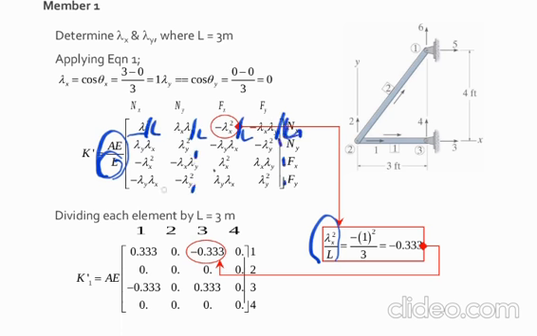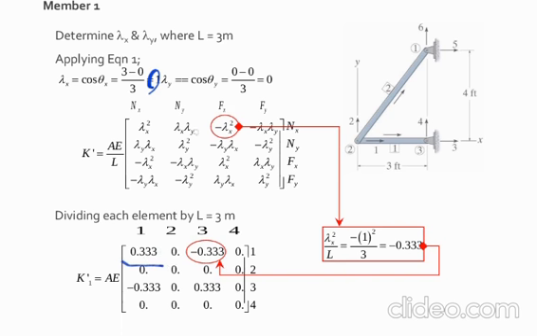So on and so forth, divided by L. Now, I put the lambda x square. Lambda x square is already 1, and divided by L, which is 3, it will be 0.333. I put it here,